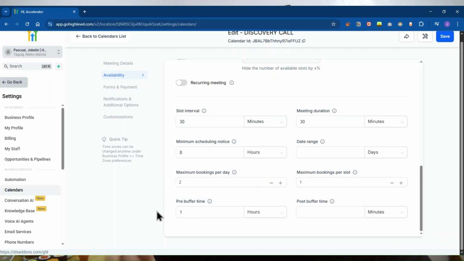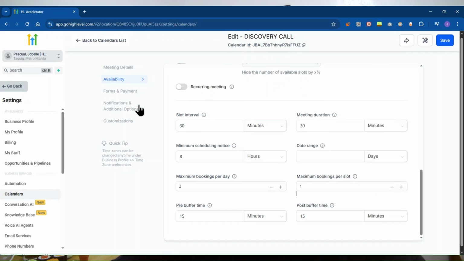Buffer time is the few minutes or hours before the specific schedule that you can use to prepare. So that time automatically cannot be booked by someone else. Let's say I want 15 minutes pre-buffer time and post-buffer time, I also want to have 15 minutes.